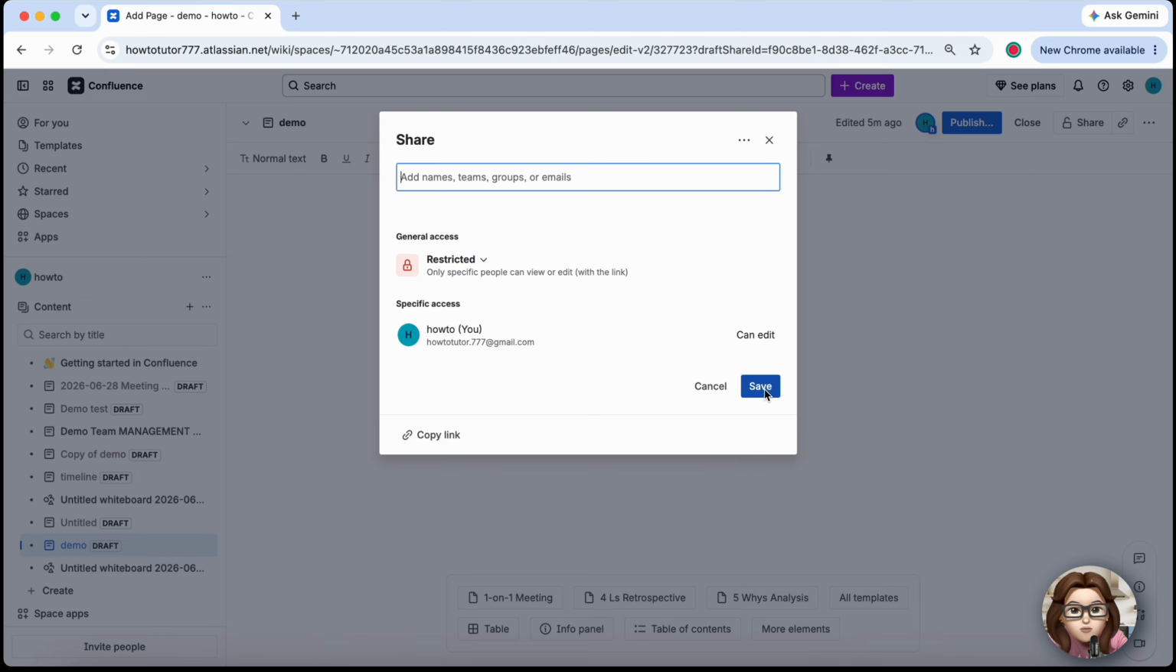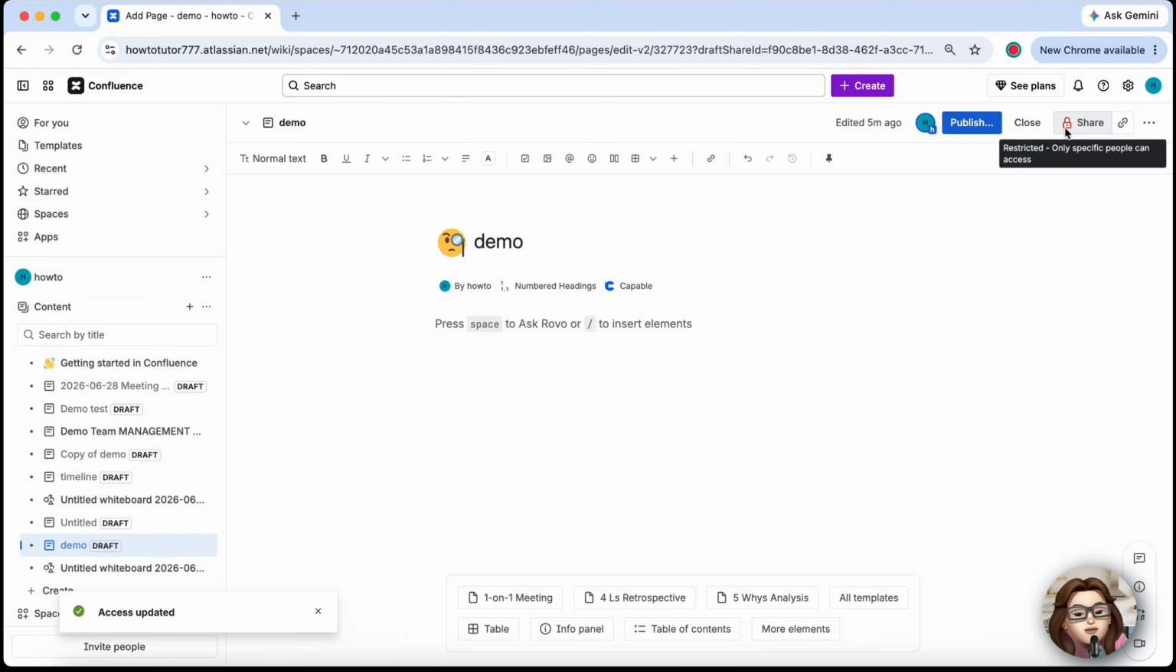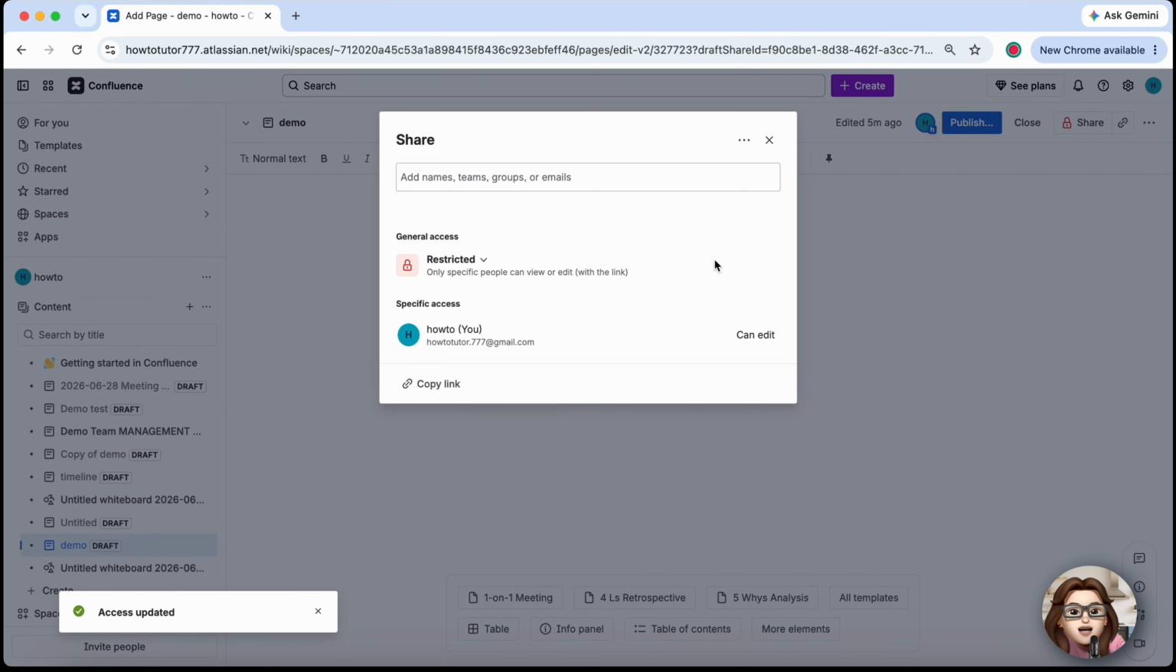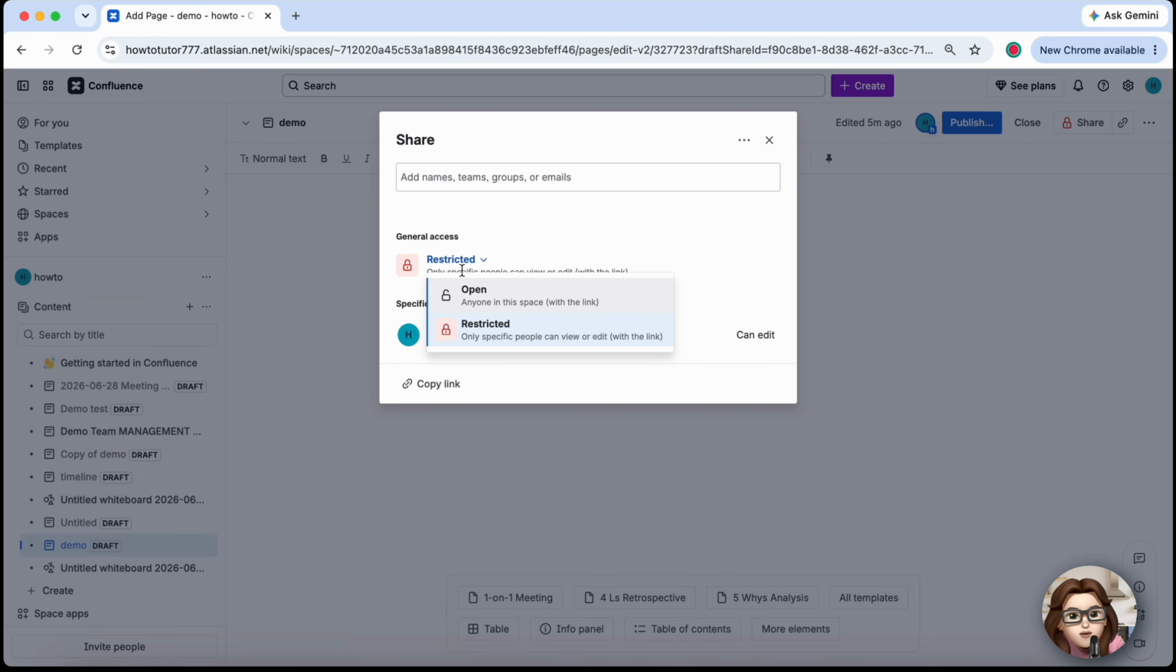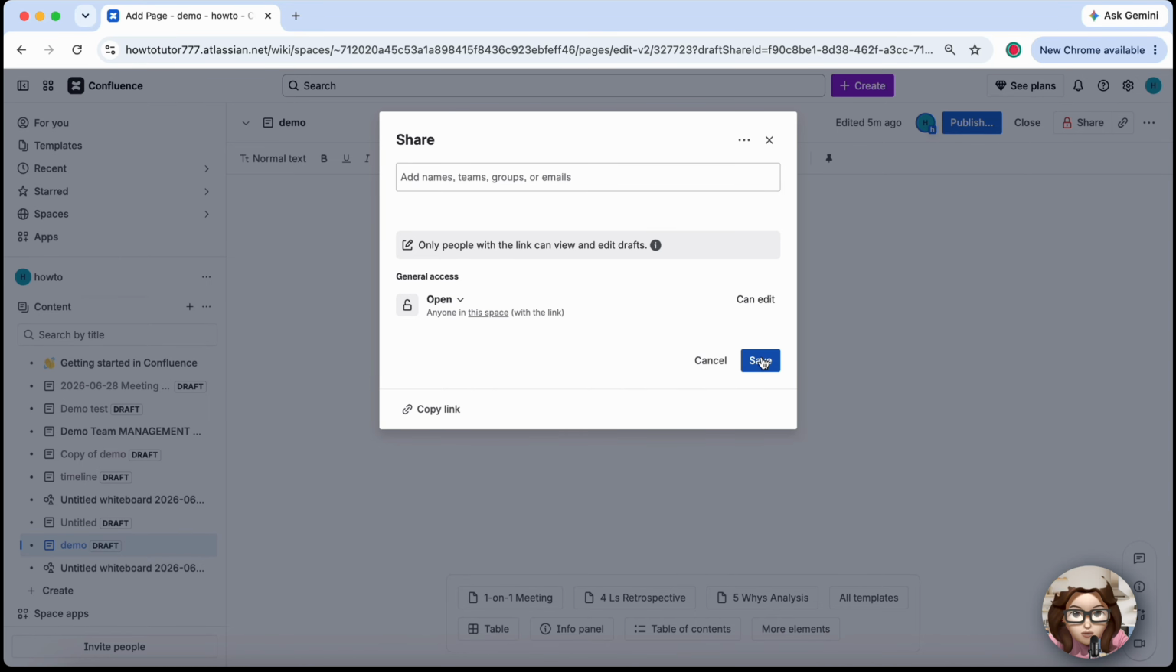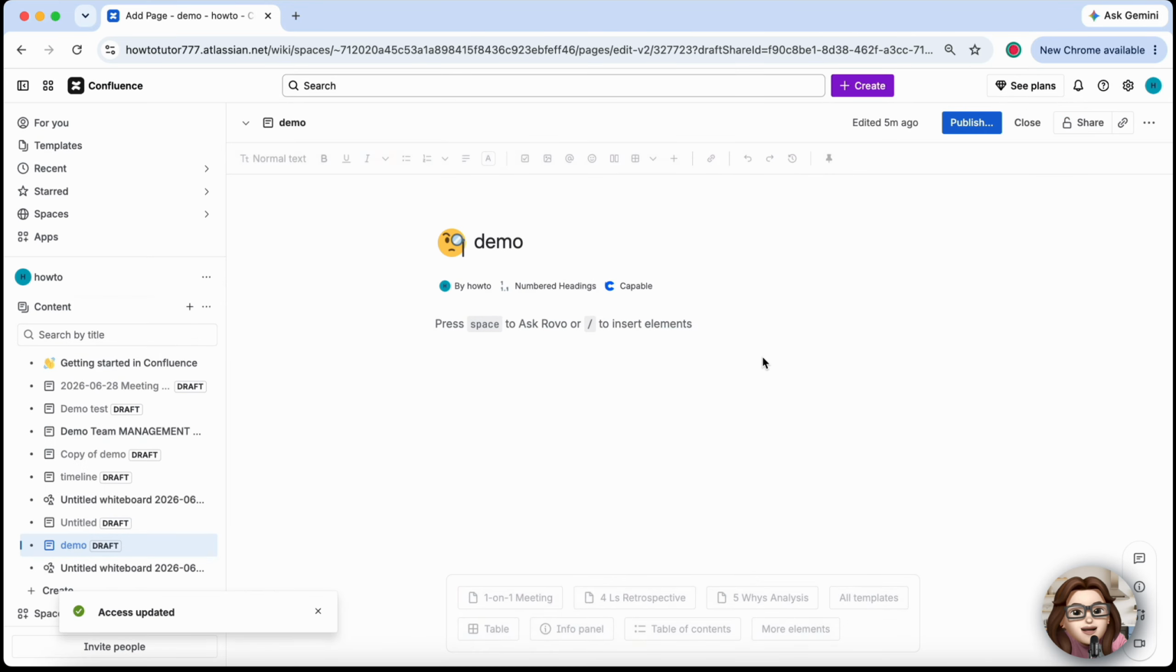Once the restrictions are active, you'll see the padlock icon indicating that the page has restricted access. To update or remove restrictions later, simply open the same restrictions menu, make your changes, and save them again. That's how to add page